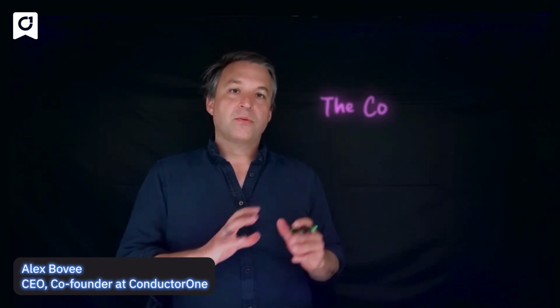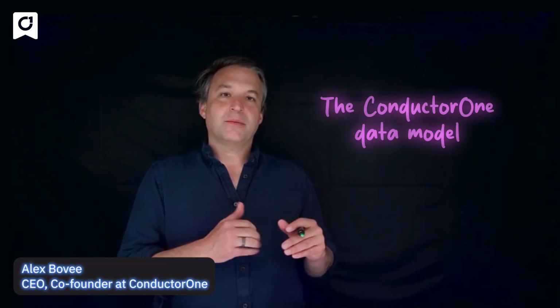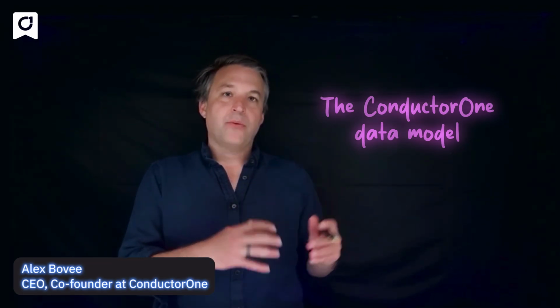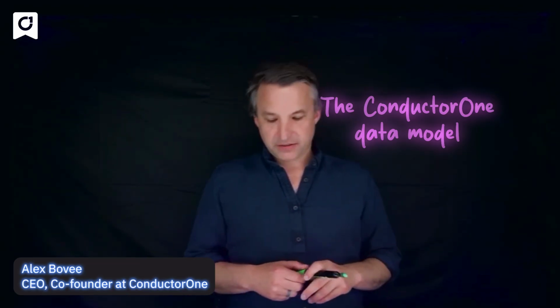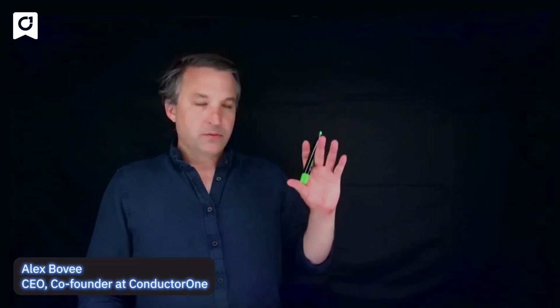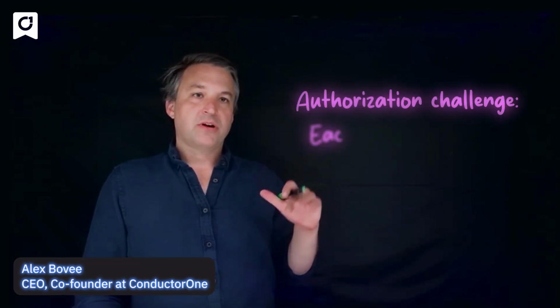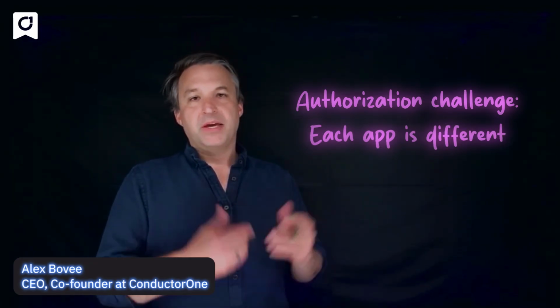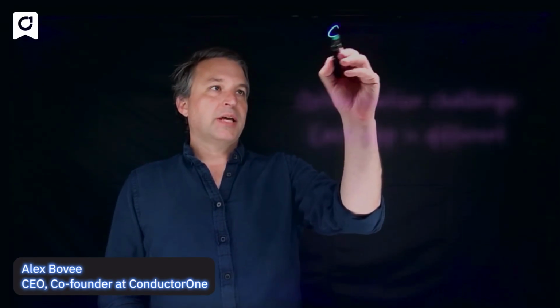So one of the things that I want to do is to talk a little bit about ConductorOne's data model and how we think about actually managing access within applications and how we model that from an authorization perspective. So one of the challenges with authorization across lots of different applications is that every single application has its own way of managing authorization. If you look at GitHub,